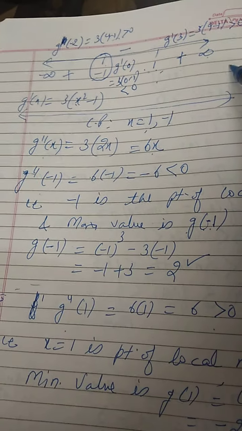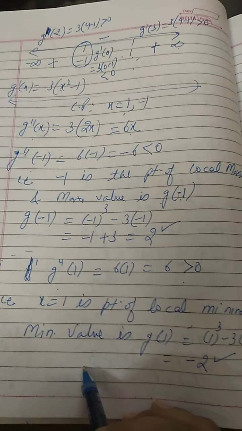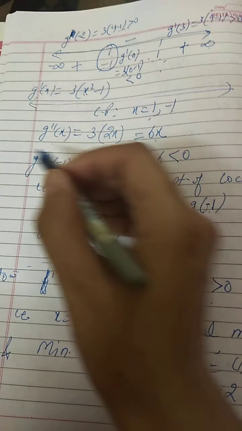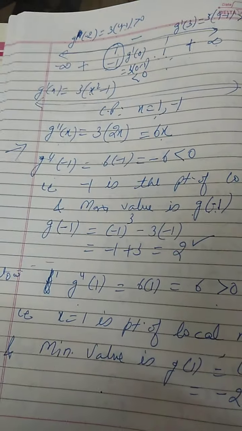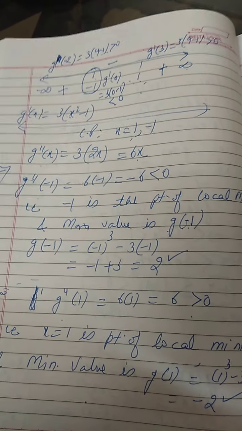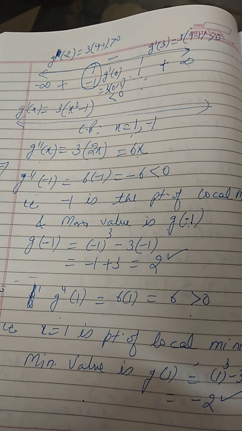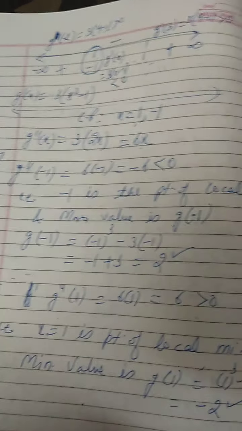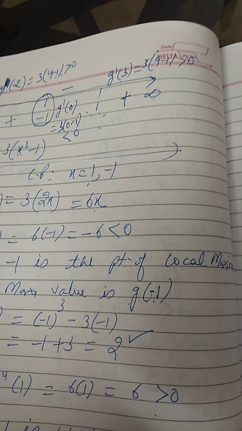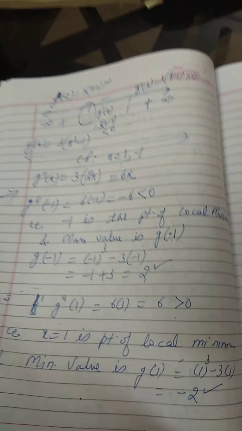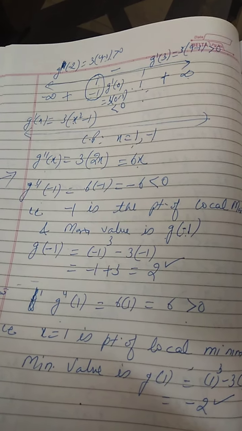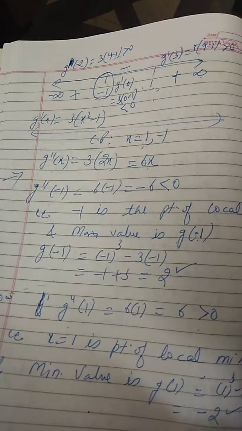Either you do it by the first order derivative test or by the second order derivative test, the result will remain the same. If you are getting confused, better you follow the second derivative test only, because it is the most common test and most of the sums we will do by that method. You can do the remaining parts of sum number 3 with this also. Find the first order derivative, equate to 0, get the critical points, and then find the second order derivative at those critical points, right?